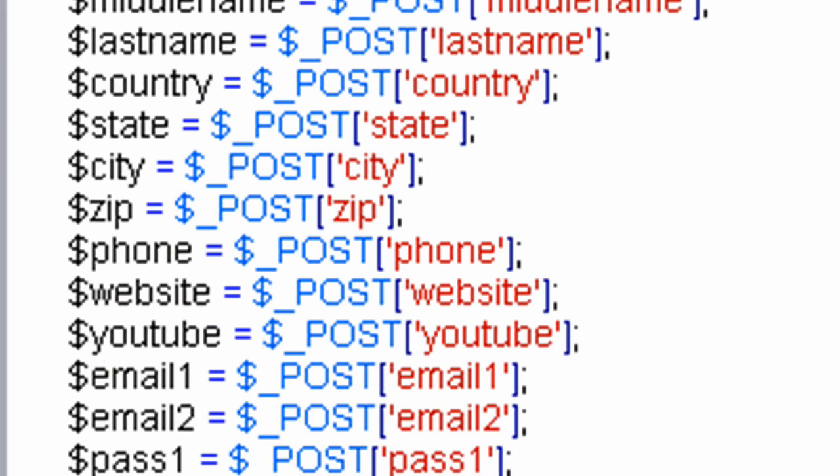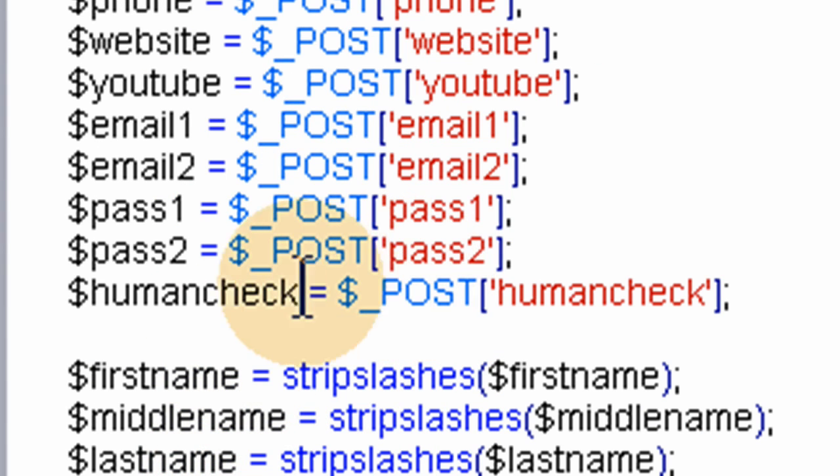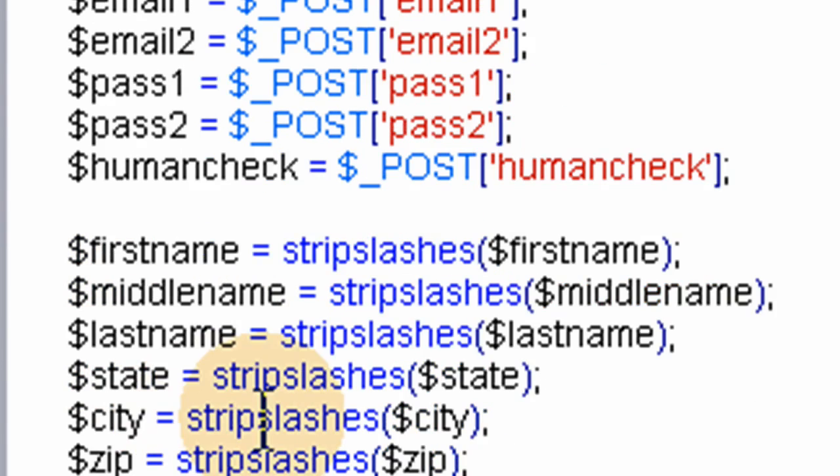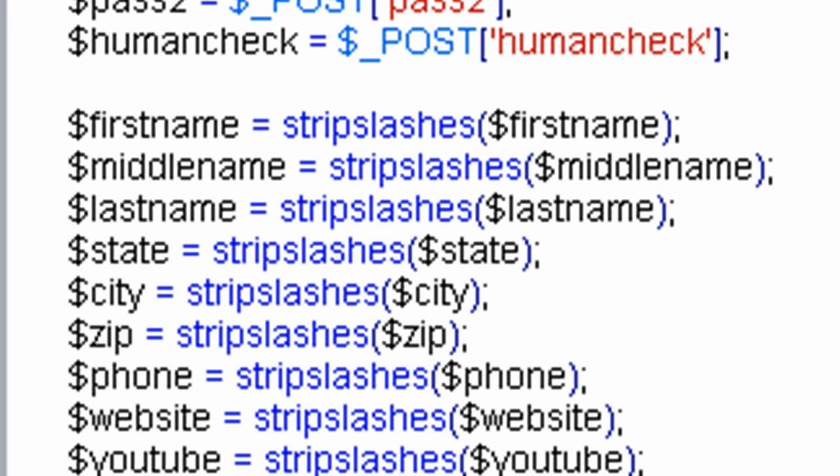After we turn them into PHP local variables, we strip slashes on them. That removes any slashes that might be on them, like forward or backslashes. And then,